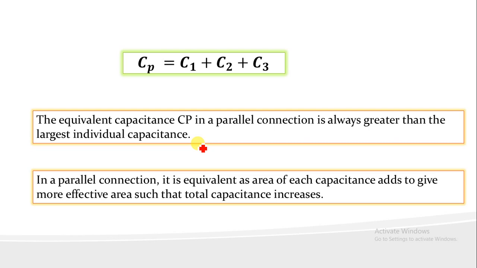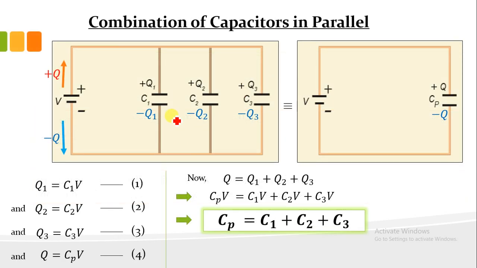So what happens here in parallel, you can understand that the plates on the left are all connected together, so their area becomes larger. This becomes a bigger plate. Bigger plate, three small plates get connected together forming a large area, and you are having a relation C equals epsilon naught A by D. For a parallel plate capacitor the capacitance is K epsilon naught A by D, or simply epsilon naught A by D if there is air as the dielectric material, right?